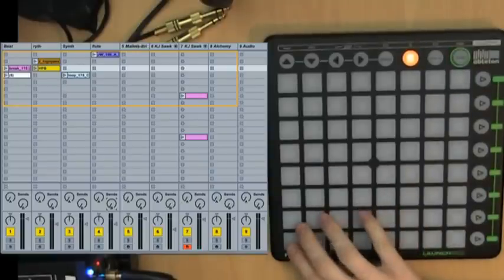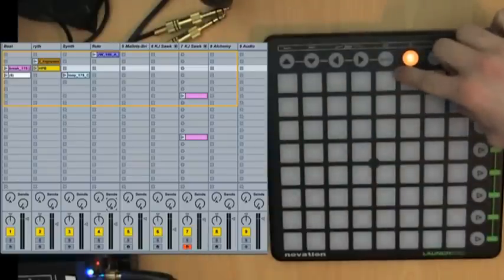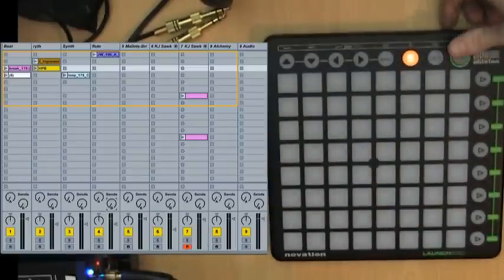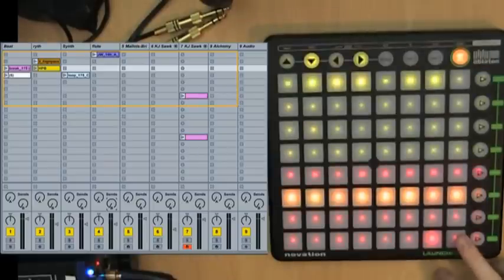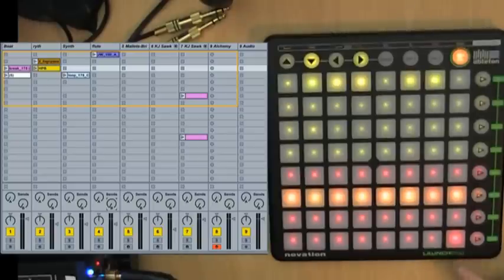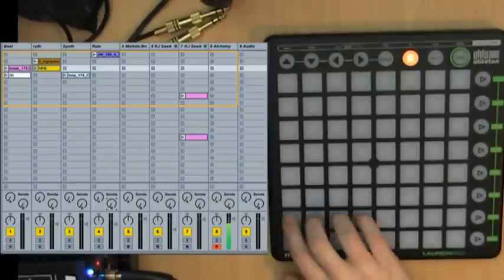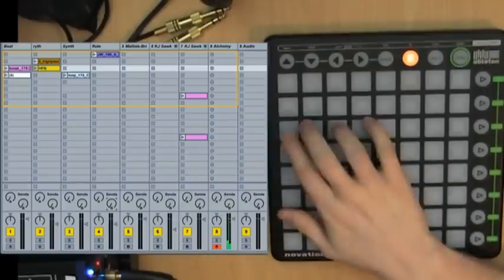The other part with user mode 1, as I was saying, is that the note sections run up like that, so you can actually use it for inputting note data. So I've got an instance of Alchemy loaded into track 8, so in mixer mode, I've hit the record arm on track 8, so now if we jump back to our user mode 1, it should now control the